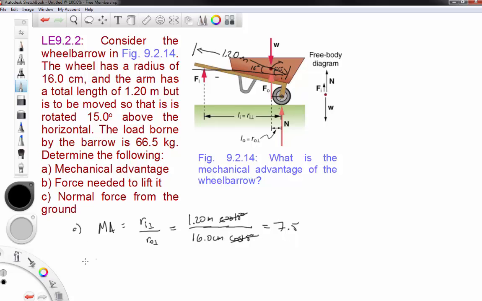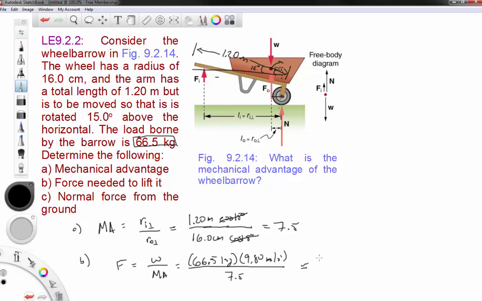All right, so that's A. B, we want to know how much force is needed to lift it. And the load was given as 66.5 kilograms. Well, the force needed to lift it should be the weight of the wheelbarrow divided by the mechanical advantage. So that's going to be 66.5 kilograms times 9.80 meters per second squared, divided by the mechanical advantage, which we just found, of 7.5. So that's going to give us approximately